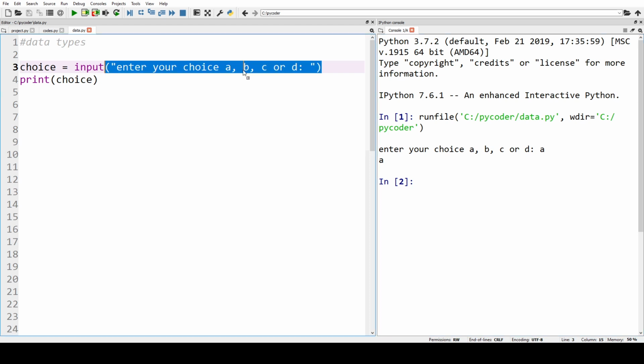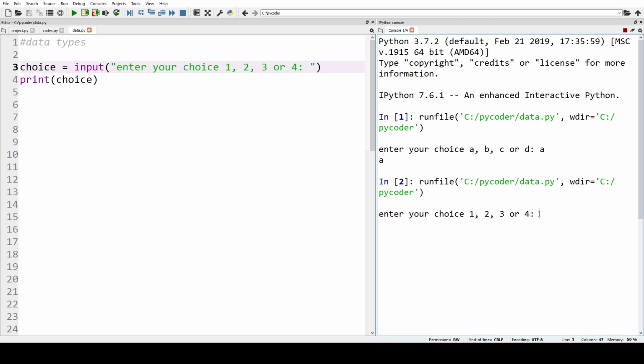What happens if we wanted to enter, instead of A, B, C or D, how about 1, 2, 3 or 4? Okay, so we're going to run it. Looks okay. Let's enter 1. Everything looks great. But let's just try